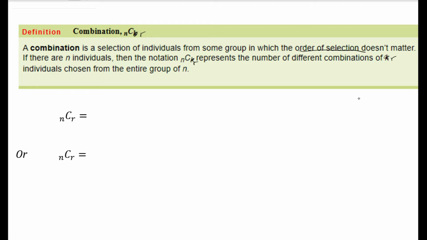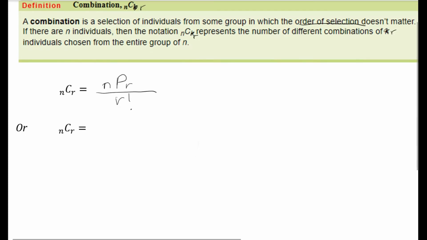So in order to do that, remember from our previous example that if you wanted to find it where order doesn't matter, well, first you're going to have to determine the number of arrangements in which order does matter, and then you're going to divide by the number of ways in which that particular selection of group can actually be rearranged within itself, and therefore you can divide off those extra combinations or those extra permutations in which order matters. So therefore we can divide this by r factorial. So this is actually what we did